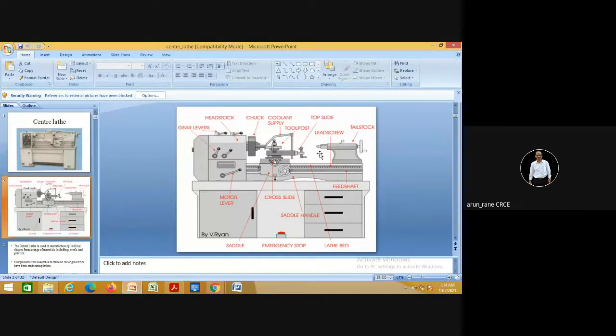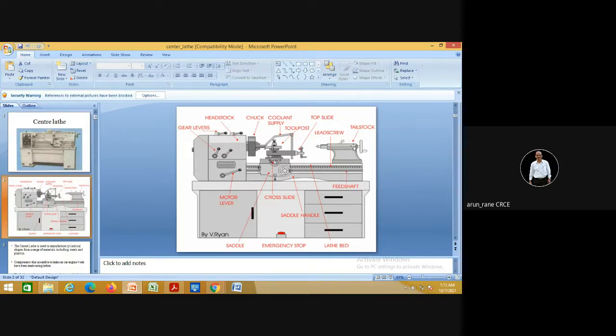So you keep a test mandrel here and you put a dial and you just move across the test mandrel, which is generally 300 to 450 long, that is 1 foot to 1.5 feet, and you have to see that there is no deviation, and even if there is a deviation, it should not exceed more than 5 micron, that is 0.005 millimeter. If it is more, then you accordingly do the settings. Okay, alignment setting.